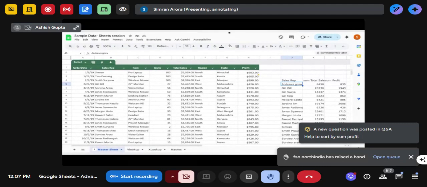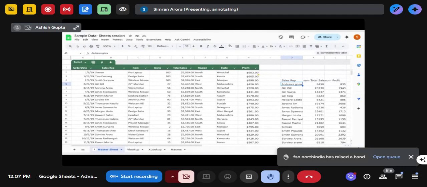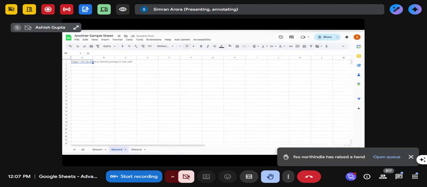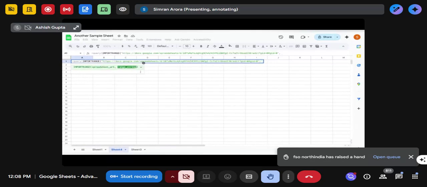That's where you can use query and import range together, right? So if I share this tab in this sheet, which is completely another sample sheet that I had, I'll go ahead and type in the query and import range together. So equals to query. I start my brackets. I say import range. I'll start the parenthesis, I'll define the URL here, close the brackets, I'll define the sheet, which is master sheet, A to H, close,